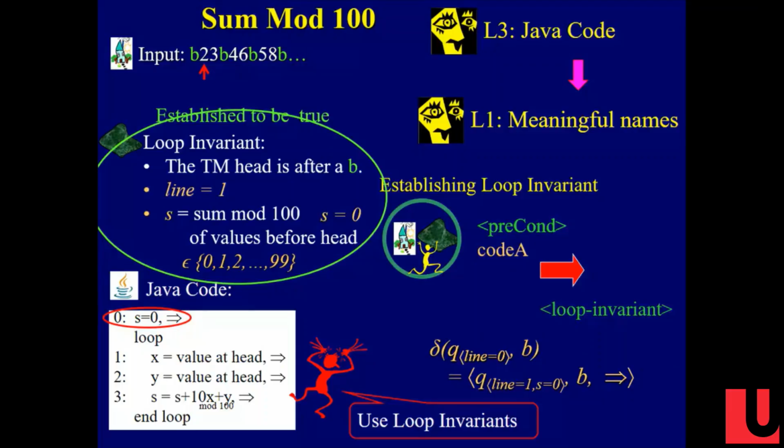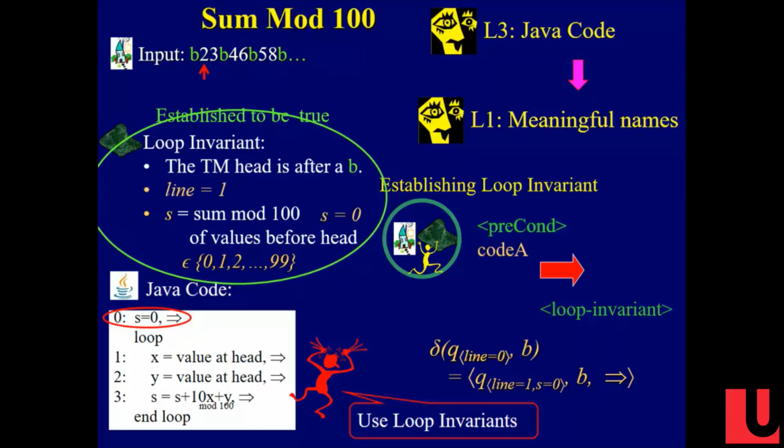Move the head? Let's just remove this, right? So the loop invariant will be that I'm in line 1, but the head, let's just change it so that the head is on the blank. It's just a small change in the loop invariant. We start on the blank, and an iteration goes from one blank to the next blank, one past the blank to one past the blank. But let's just shift it. If the loop invariant says the head doesn't have to move, then this could be my start state.